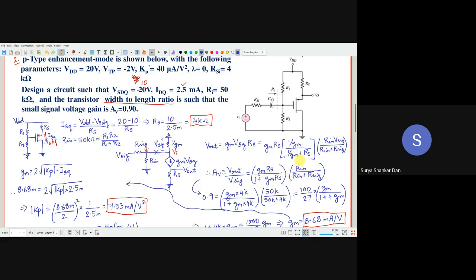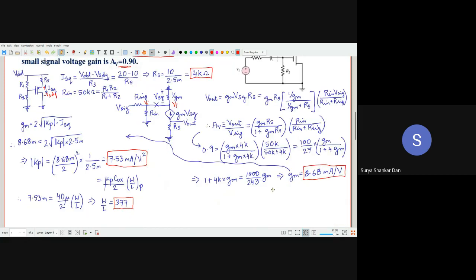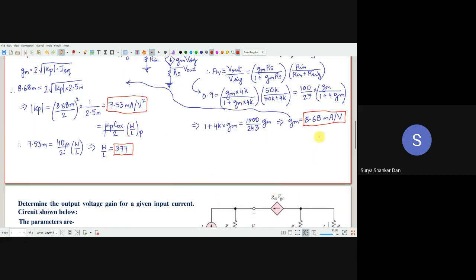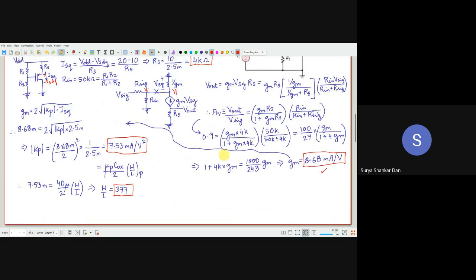All right. Now we are able to substitute this AV value in this equation. If you notice, all the other quantities are already known to us. Rin is known, R signal is known. The only thing that is unknown is gm. So from here we will find out the value of gm. Once we have obtained the value of gm, I can put this value of gm, the mutual transconductance, in this formula.